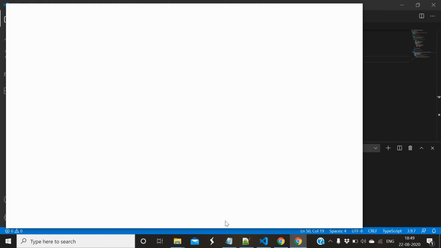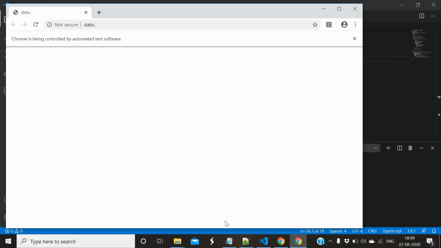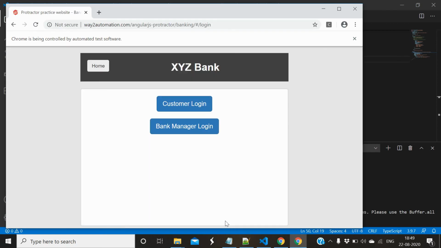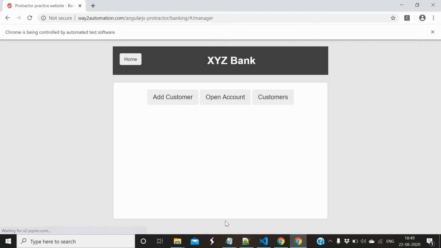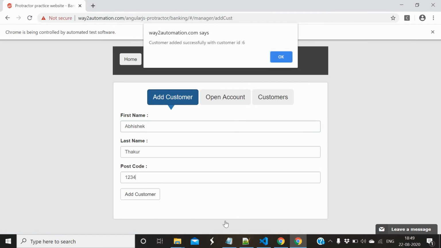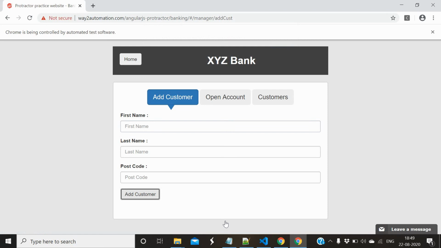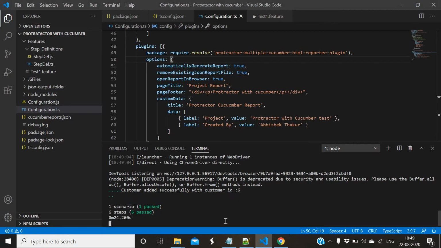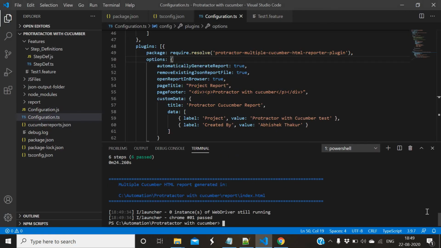The script has started execution and it is opening that URL and filled all the details, and I think the steps are complete. At the last step we have validated this message. See, 6 steps passed.